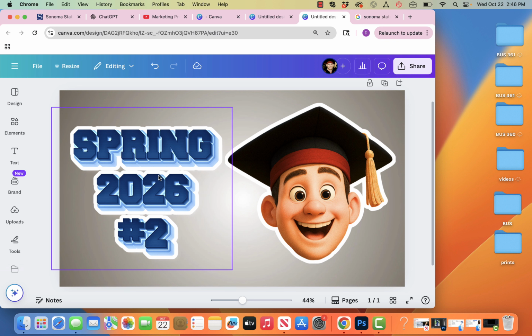So I'm also liking this Spring 2026 #2 text effect from Text Studio with a lot of clarity and sharpness. But I have to redo it every time. Oh well, life could be worse. Okay, so